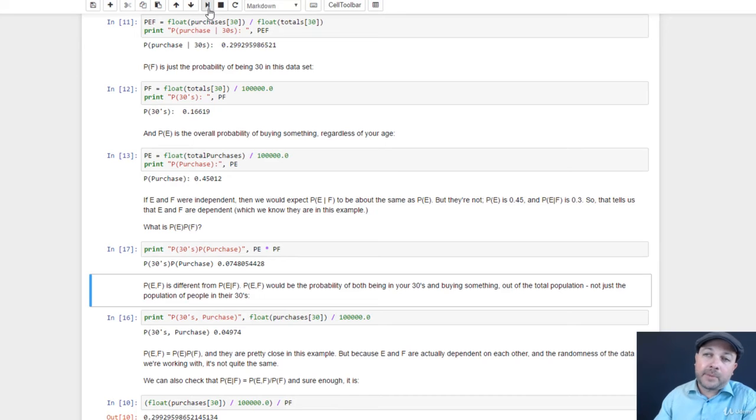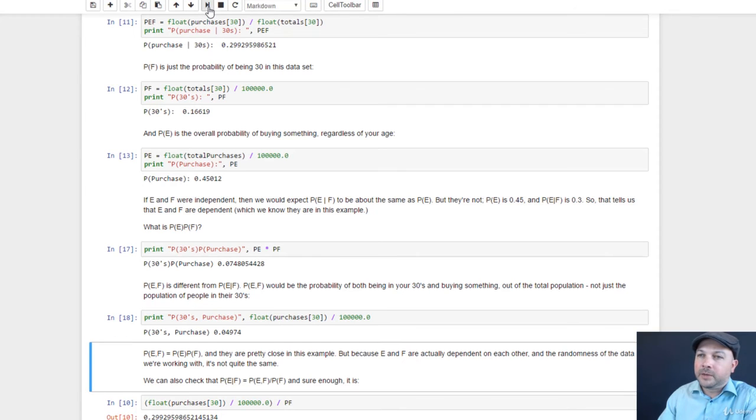Now, P of E comma F is different than P of E bar F. P of E comma F, remember, is the overall probability of being in your 30s and purchasing something, and P of E bar F is the conditional probability. So let's figure out P of E comma F. That works out to just be the probability of being in your 30s and purchasing something, which is the total number of purchases made by 30-year-olds divided by 100,000, so we can compute that directly,